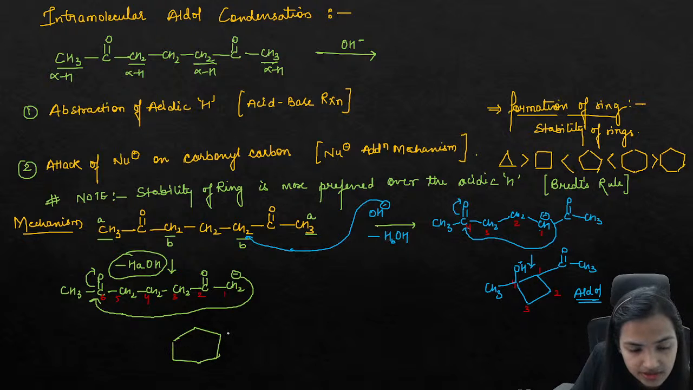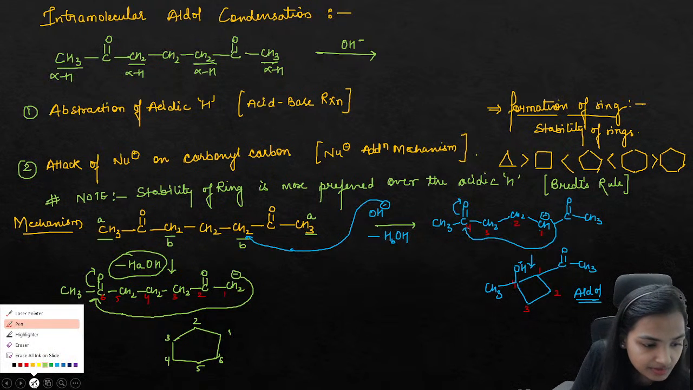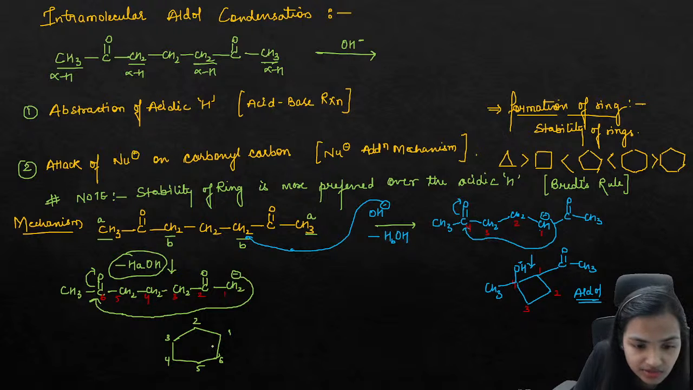Let's say this is your 1, 2, 3, 4, 5 or 6. This is your 6 carbons. So over the carbon number 1, what are you having? Over the carbon number 1, there is nothing. We are having over the carbon number, okay,